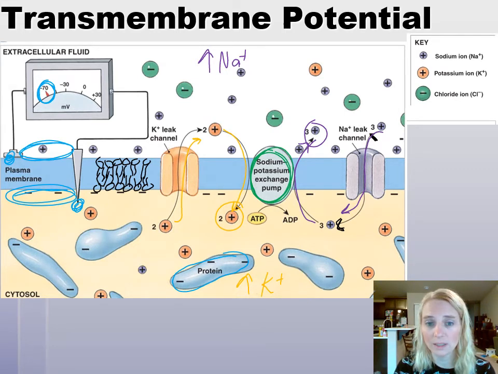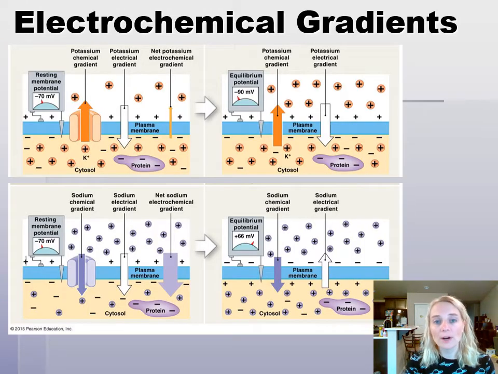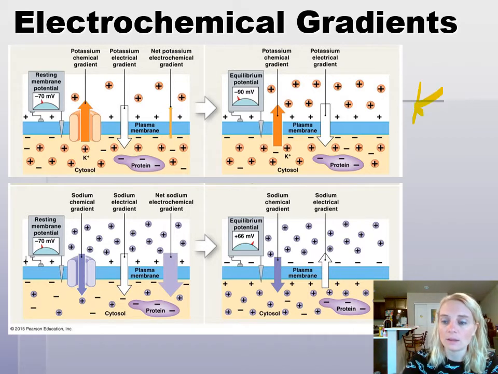We do not want equilibrium. Equilibrium means no work can get done. There's no difference to take advantage of. So this is our resting potential, our transmembrane potential. Okay, so this is our rest. To get a better understanding of how that transmembrane potential is regulated and what happens when things start opening up, we're going to take a specific look at the potassium and the sodium